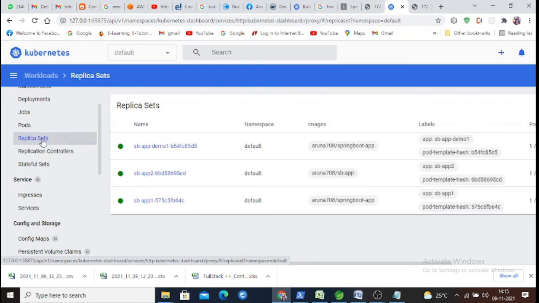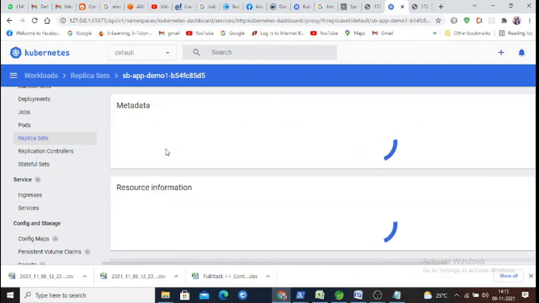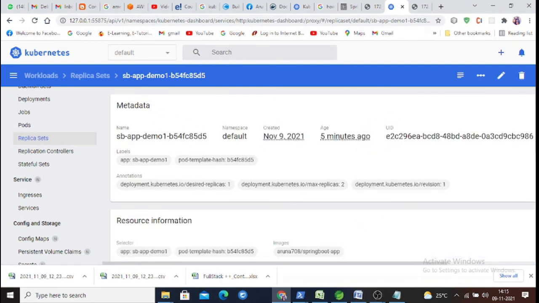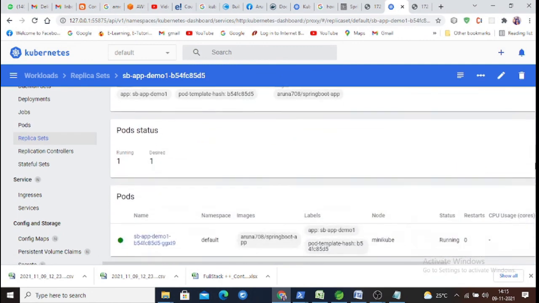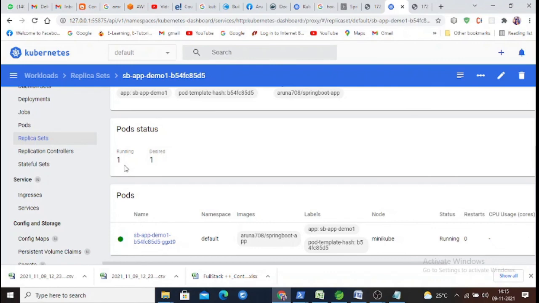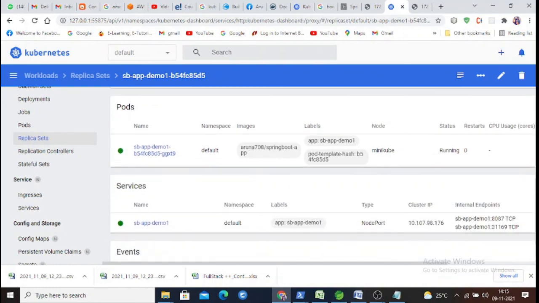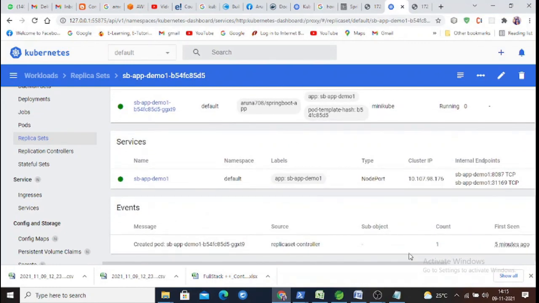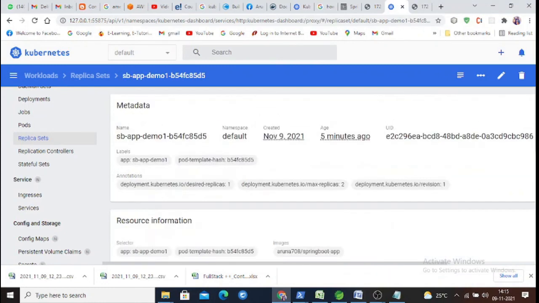If you want to check the replica set and manage the number of replicas, you can check the replica set features and the number of pods we are using, which is only one. If you want to increase its size, yes, it is possible by means of configuration files. The number of replicas we are using, the count, is 1. If we want to change it, yes, we will do that by editing and applying the changes to the existing deployments, which we will see in the next session.